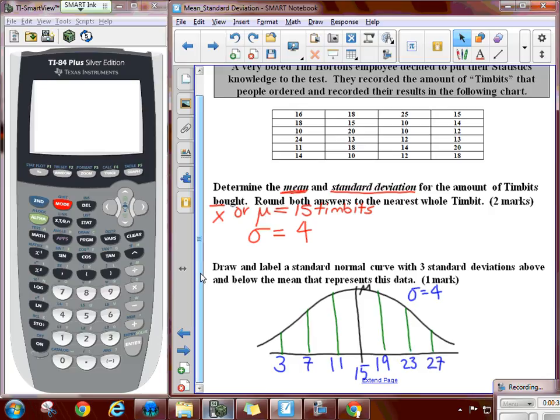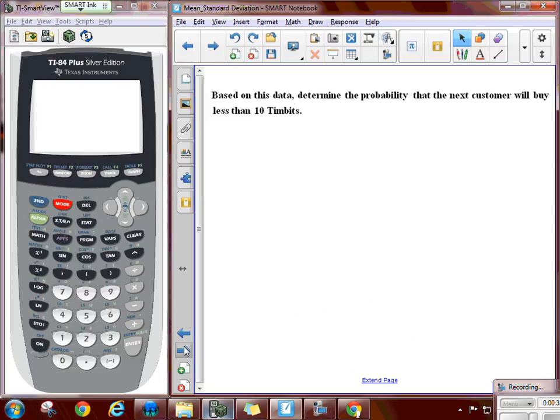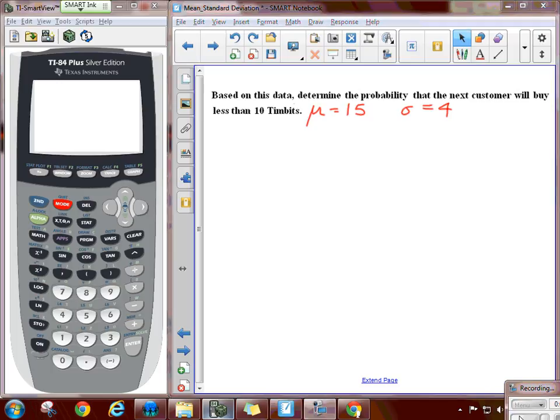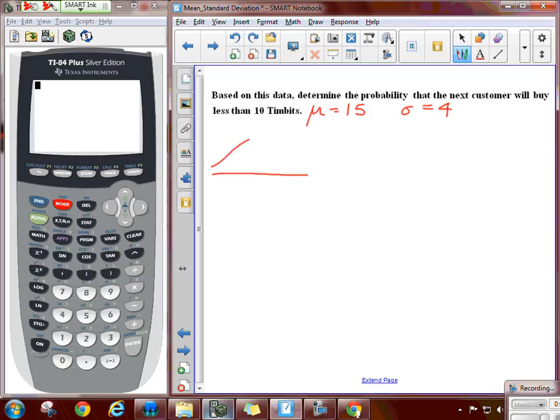We're going to continue by using this information, and we're going to say, based on this data, determine the probability that the next customer will buy less than 10 Timbits. So I'm just going to remind ourselves here that the average was 15 Timbits with a standard deviation of 4 Timbits. Now it's a good idea to represent this as a bell curve just to give yourself a visual. So here is a small bell curve. Here down the average,